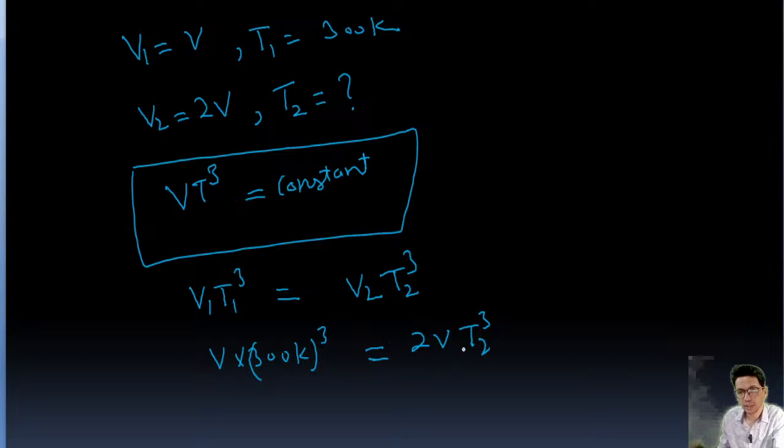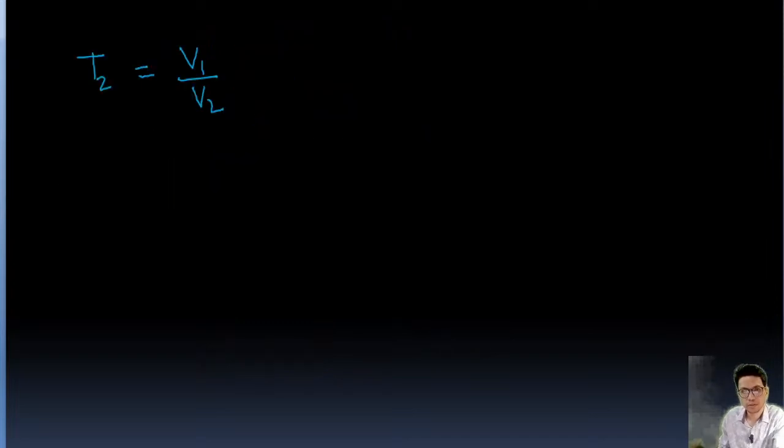So this is going to be, or we can write T2 is going to be equal to V1 upon V2 from here, right? V2 is going to be V1 upon V2, that is V1 upon 2V. We can write V1 upon 2V, V1 upon 2V cube. Okay, this cube equal to 2V into this one,